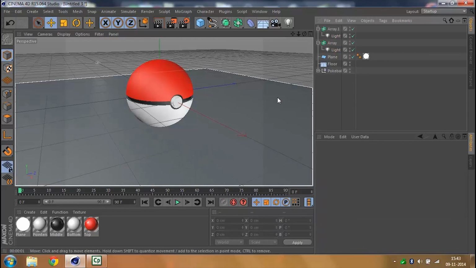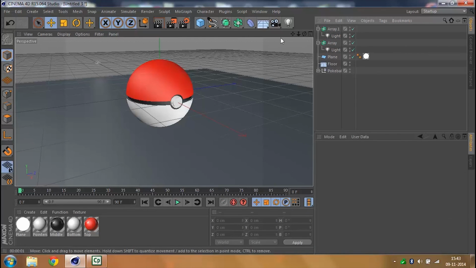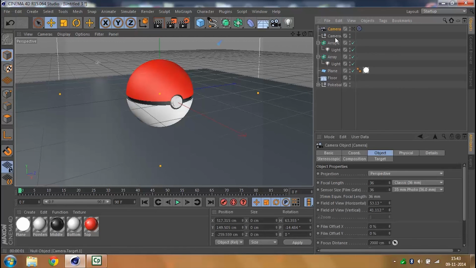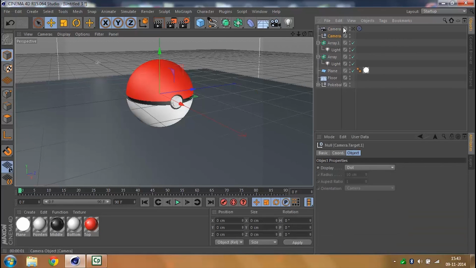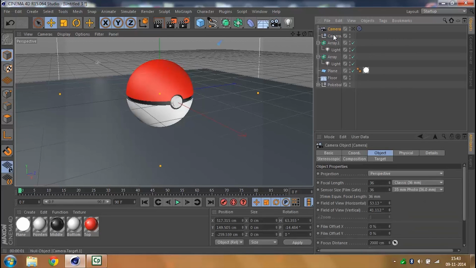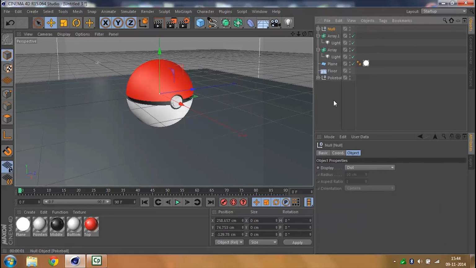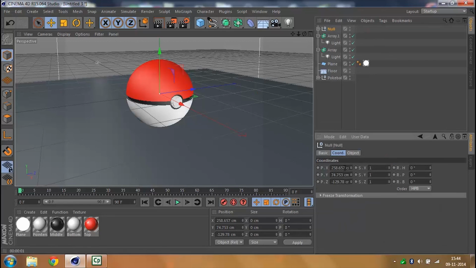And now the last thing we are left with is the camera effect. So I'm going to click on my camera and get the target camera. I've got my camera target and my camera. I'm going to select both of them like this and press Alt G to group them into a single object. Select the coordinates, make the X and the Z coordinates 0,